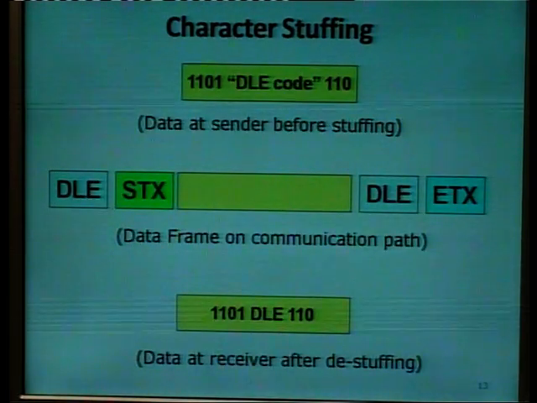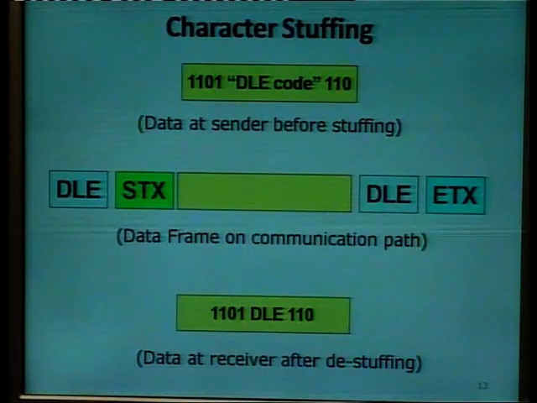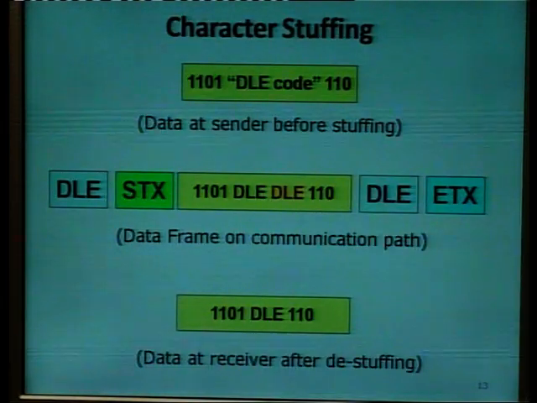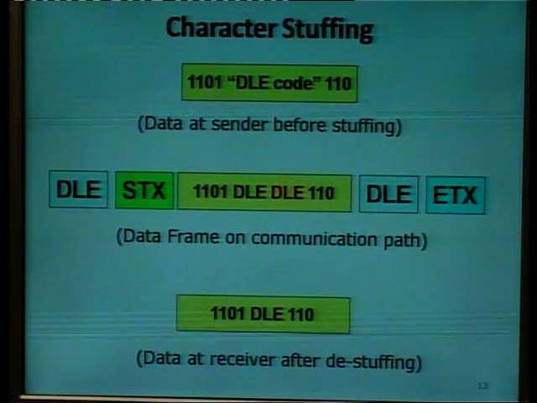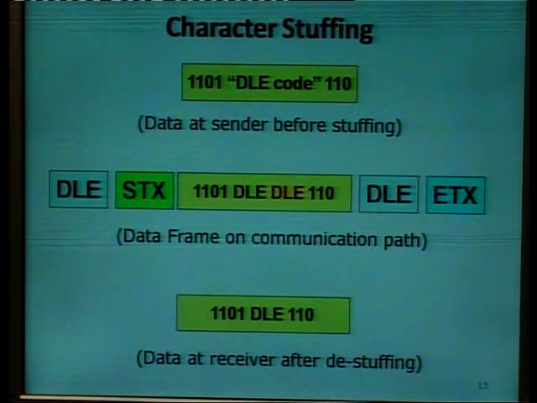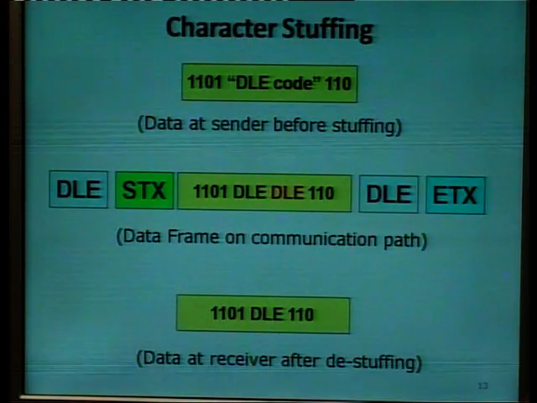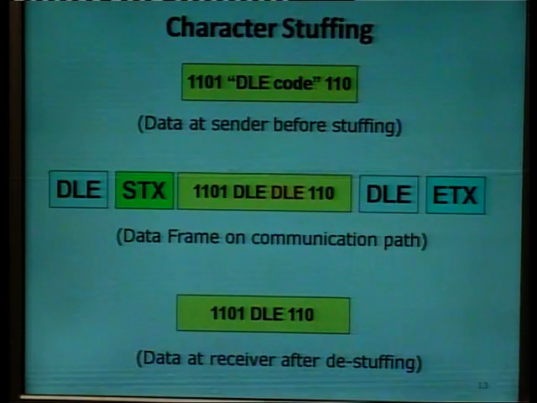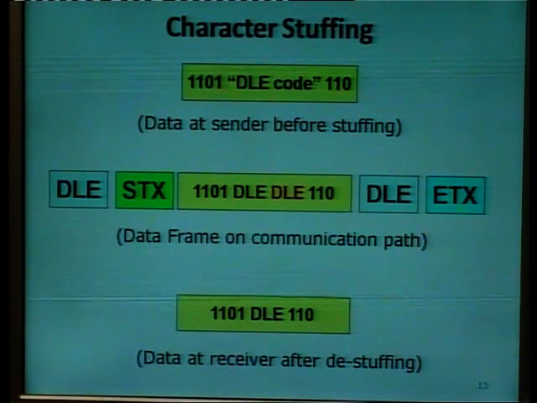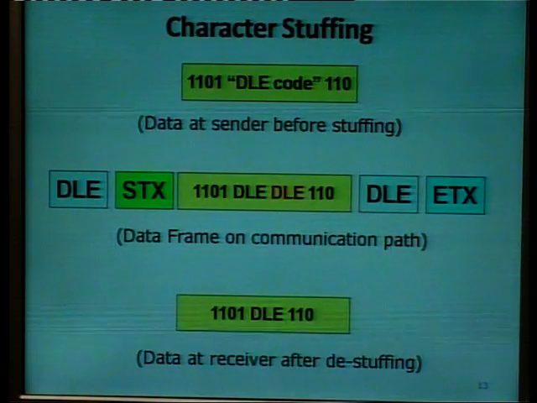Now, with an example, the character stuffing is explained. Suppose the data is 1101, then a DLE code, then 110. The DLE code can be some bit pattern. Now to make frames of this data, DLE STX will be added at the start and DLE ETX will be added at the end. But instead of just adding the data itself, one more DLE code, shown in red color, is also added